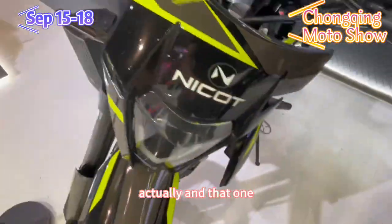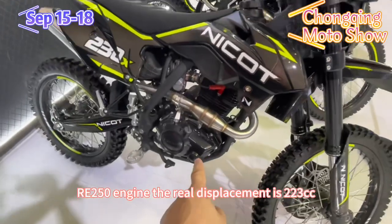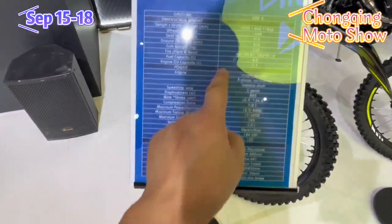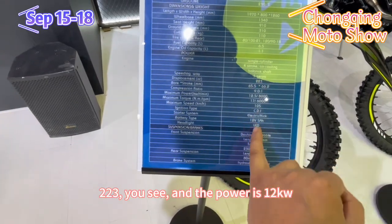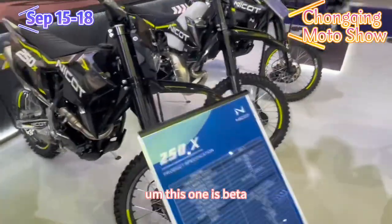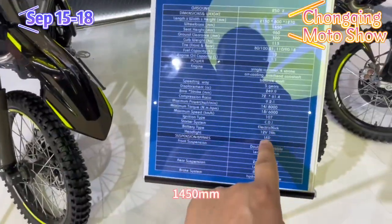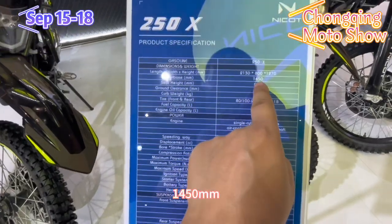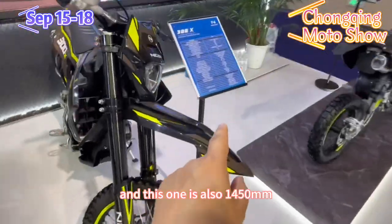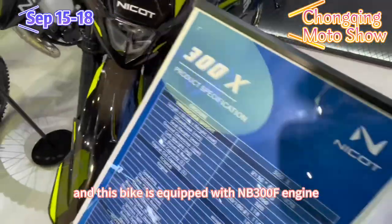And that RE250 engine's displacement is 223, so the power is less. You see, 223, and the power is 12 kilowatts. This one is beta, 1440 or 1450, and this one is also 1450. And this bike is equipped with